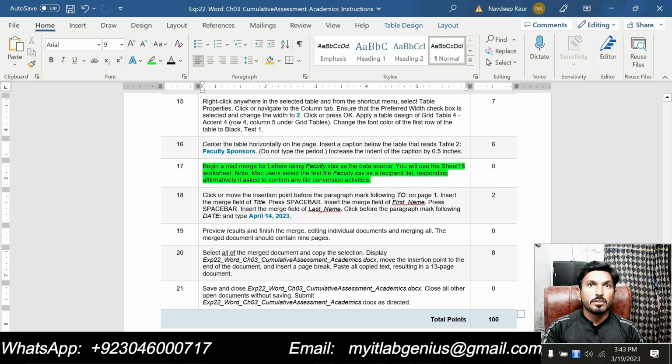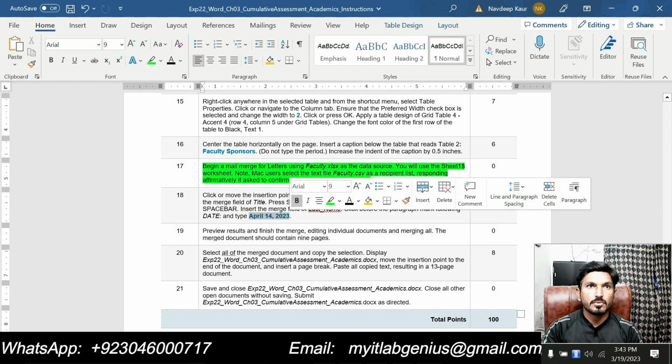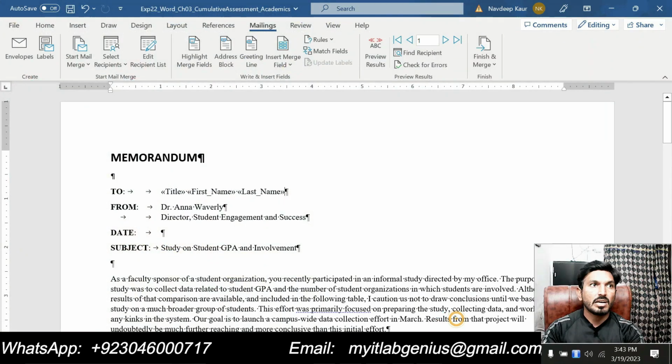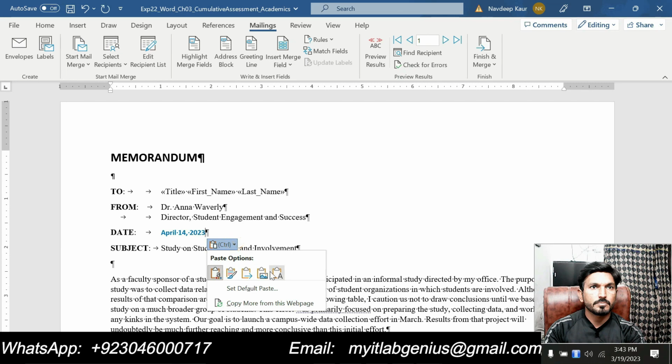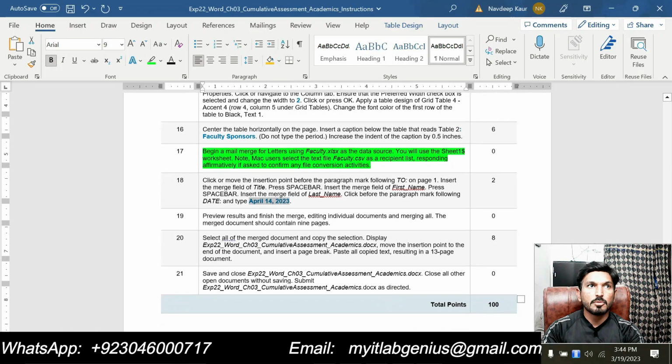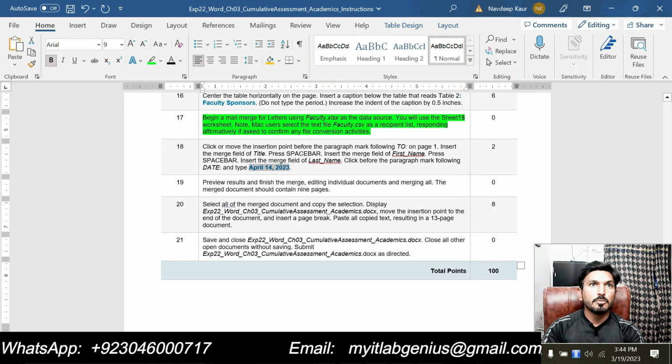And now click before the paragraph mark following the date and type this one. So we will click before the paragraph mark following the date, this one, and we will type this one. Now it is saying that we are done with step number 18, and step number 19 is